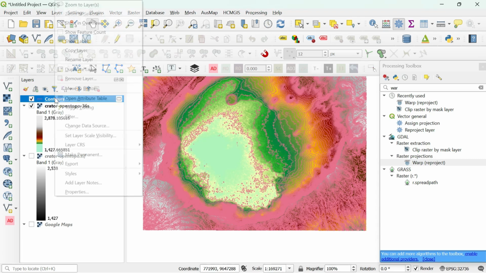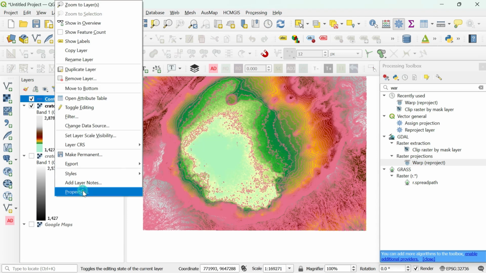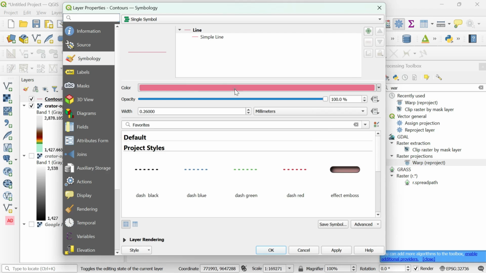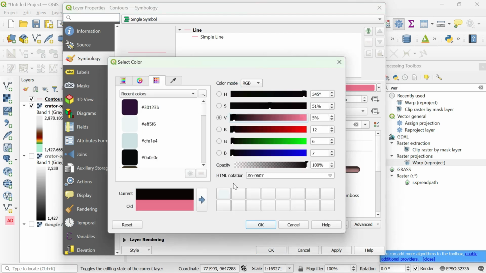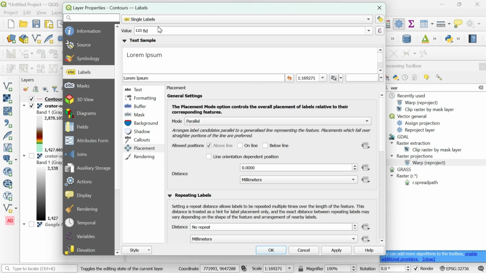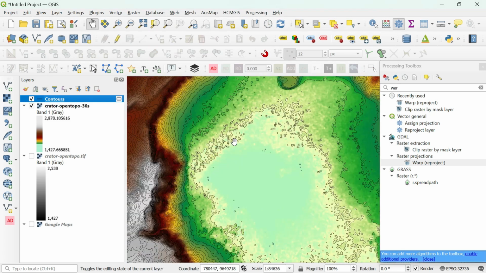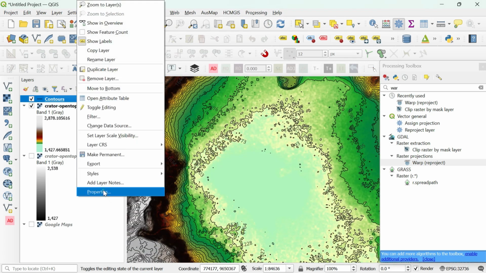Here I'm going to change some colors. Go to properties, symbology, and change the color. I'm choosing this black color. For labels, you have to choose single labels here, with placement online. Nothing else to change here, just apply and okay. Sorry, I made a mistake with the elevation.